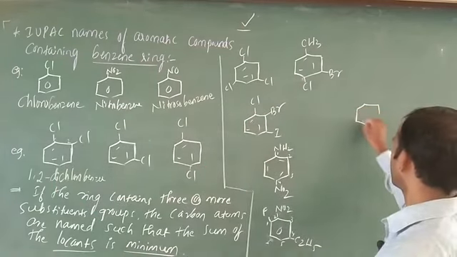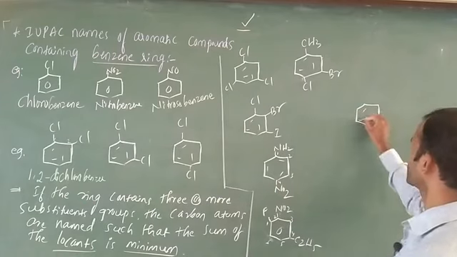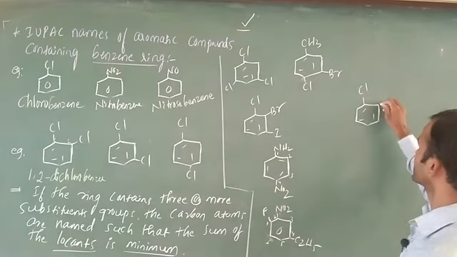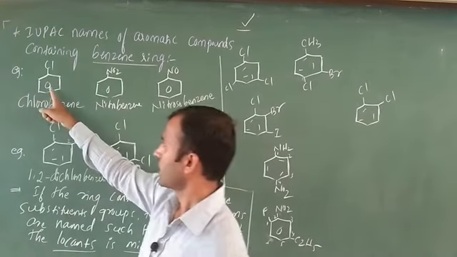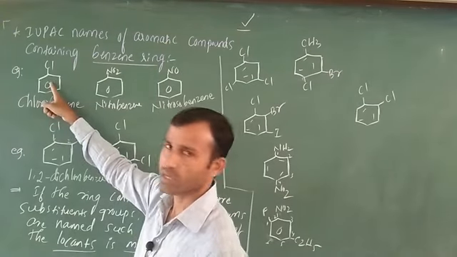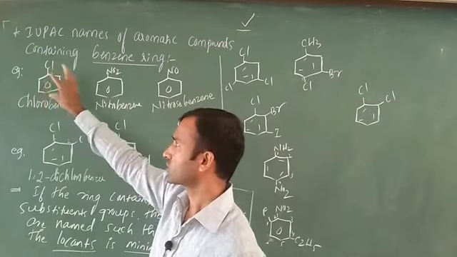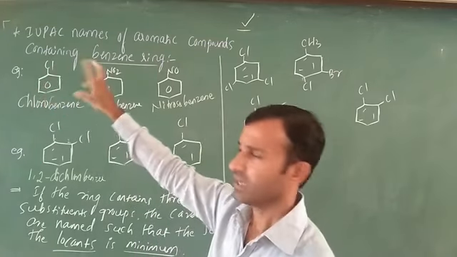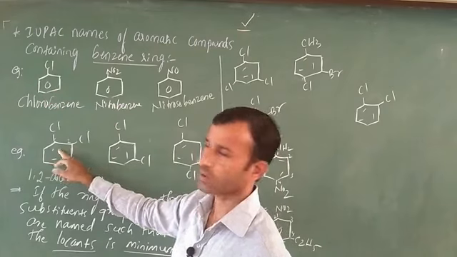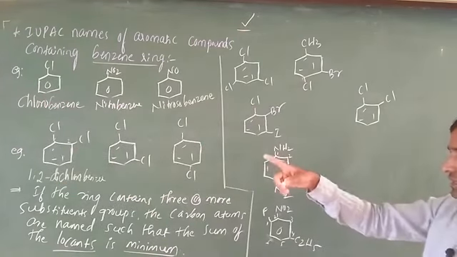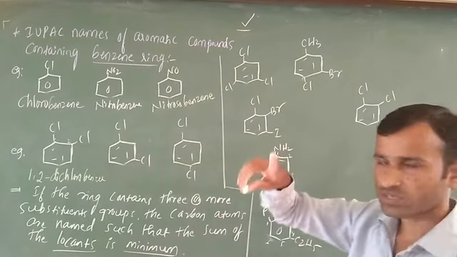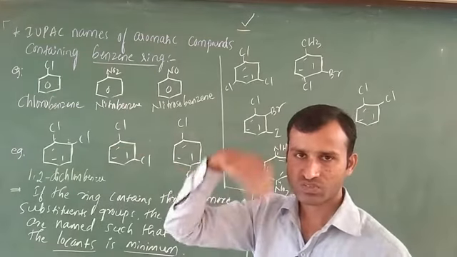First, I will make clear what is the meaning of ortho, para, and meta. Don't worry. In this case, what I wrote looks like a resonance structure like that. In this case, both bonds are the same. One more point is there about benzene; that point we will discuss. Why they write it like this, we will discuss in hydrocarbons.